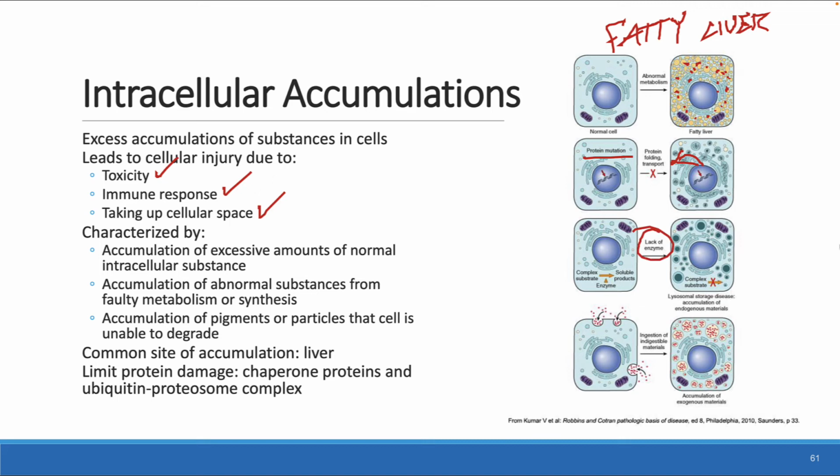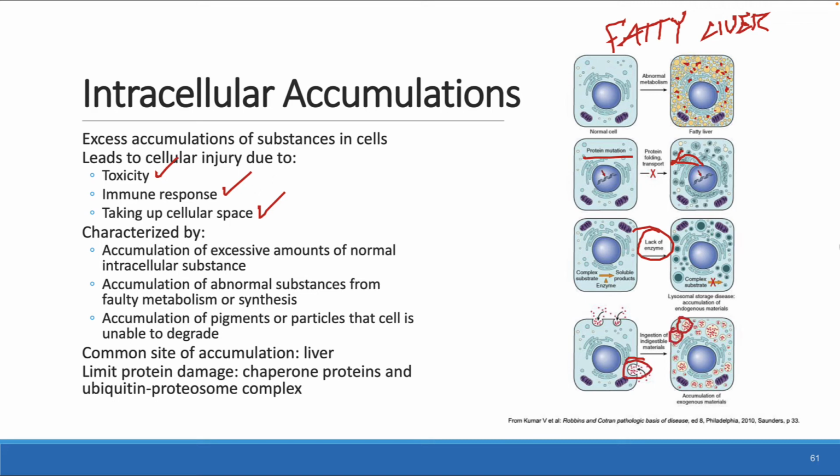And so what happens in cystic fibrosis is that there's an absence of an enzyme that transports chloride. And so chloride builds up inside the cells, and that's why you have thick secretions and mucus and things like that. And then you may have ingestion of indigestible materials that get into cells and clog up the works